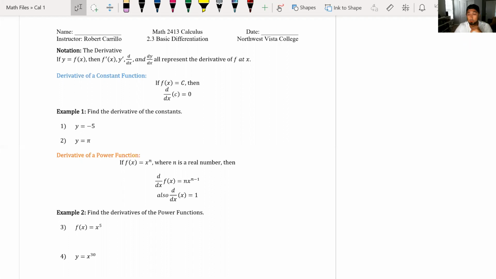Okay, so the first rule is the derivative of a constant function. If f of x equals c, then the derivative of the constant c is 0. Basically, the derivative of a constant is 0. Nothing else to it. Remember what a constant is: a number without a variable. Okay, so looking at example 1,